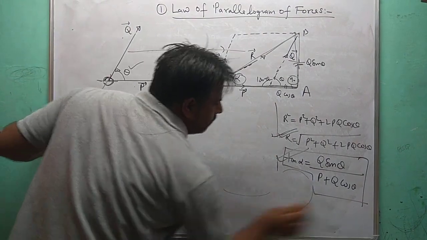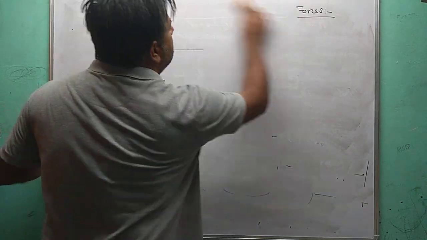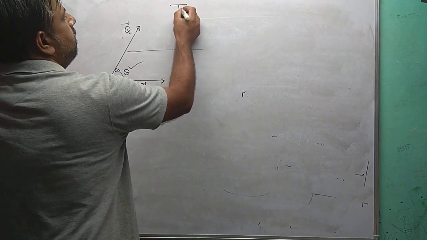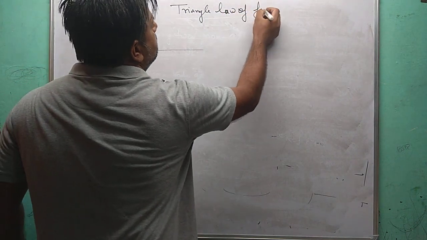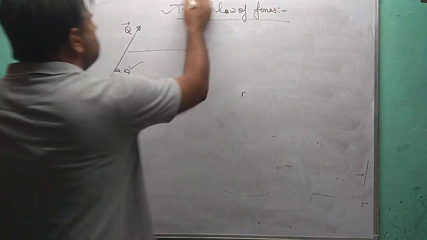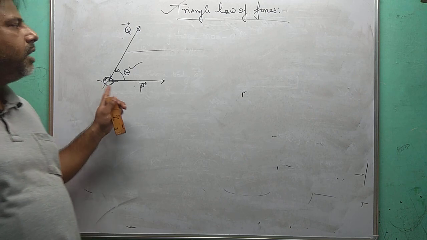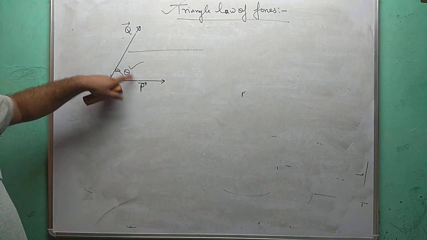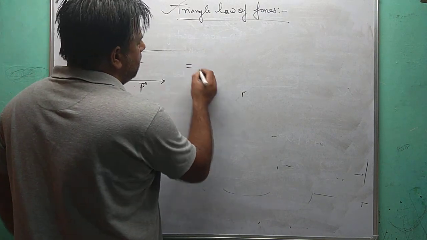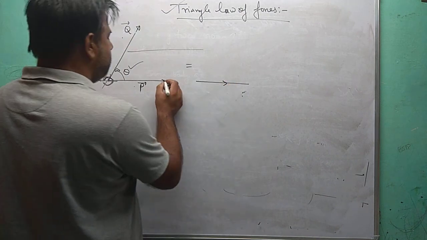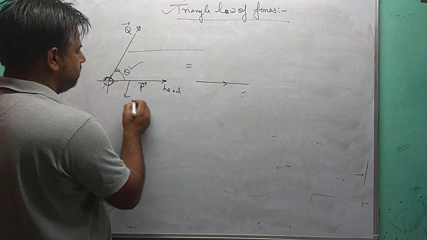In the triangle law of force, similarly, the triangle law of force says, if two non-collinear and concurrent forces act on an object or body at an angle, these two forces have an angle theta between them, then you may represent these two forces by a triangle like this. This is the head and this is the tail of the first vector. So suppose the first force vector